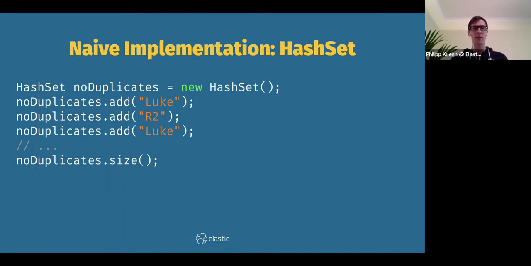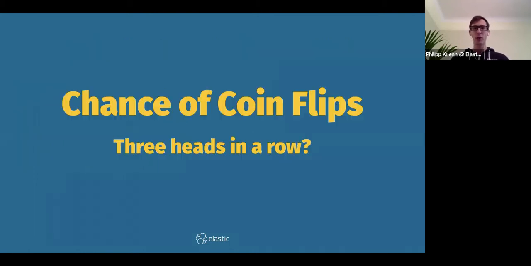The problem with this is, how does it behave in terms of performance, especially in terms of memory? This is rather unpredictable because this will just scale linearly with the number of unique terms. And it might just blow up your heap if it's a very large number of unique terms. And you probably don't want that. So you want a more clever way to calculate this. You're accepting that this might be slightly off, but you want a more clever way to actually do this. Let's take a step back and look at some different examples.